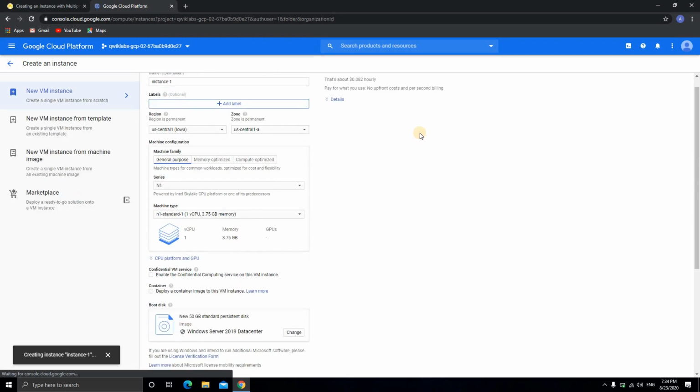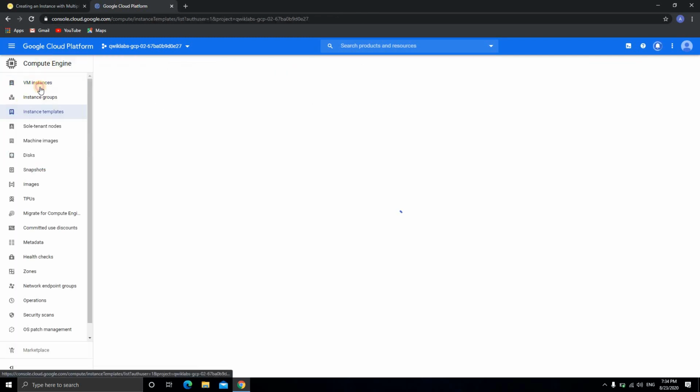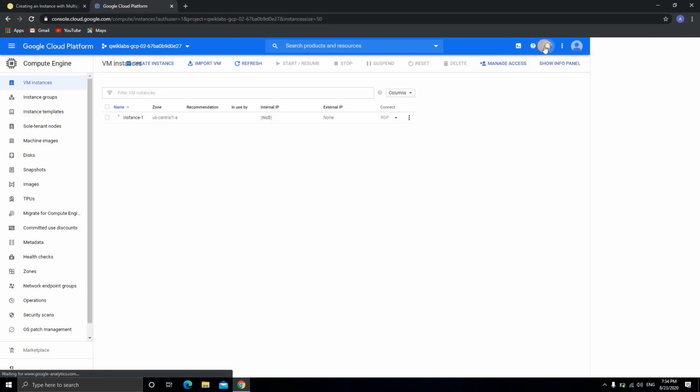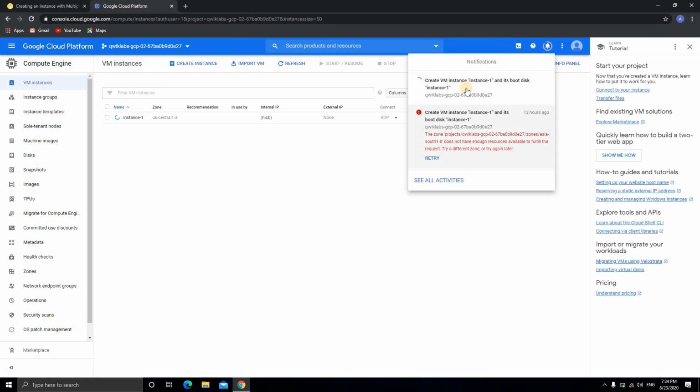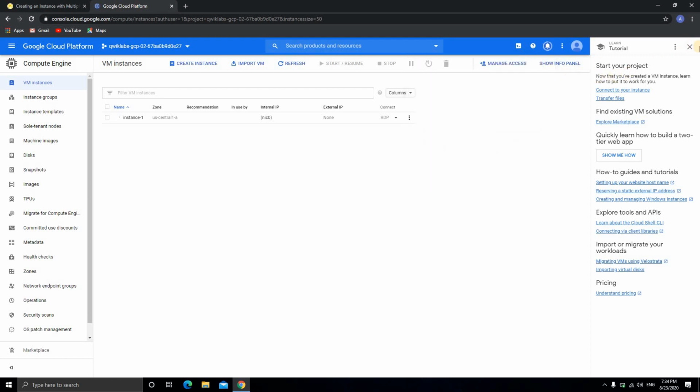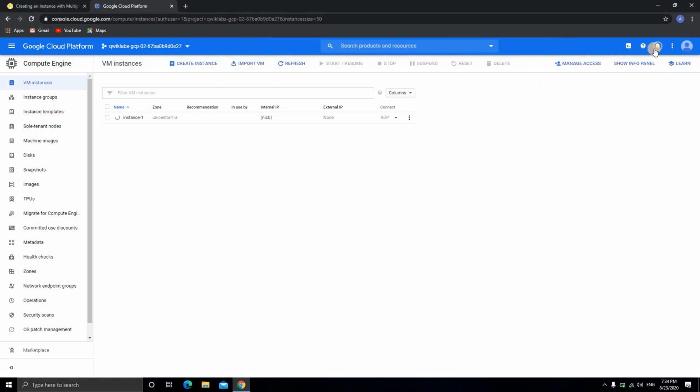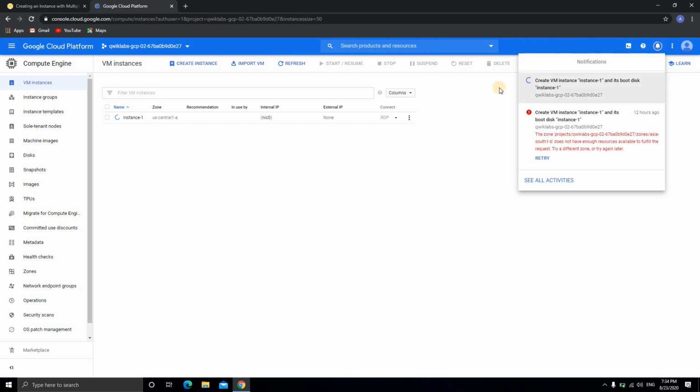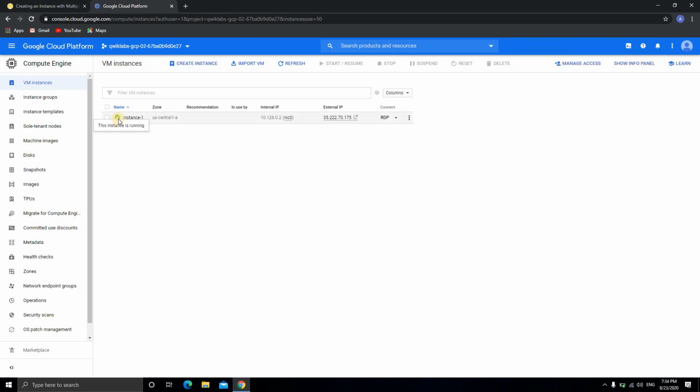So it is very simple if you do it frequently, but sometimes it may take a while to load. So now I think the RDP will be created. Oh, I think I have selected the 4 GB one. Actually, it doesn't matter right now. See, you'll get a green tick.